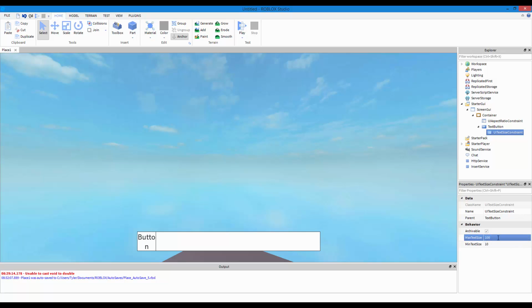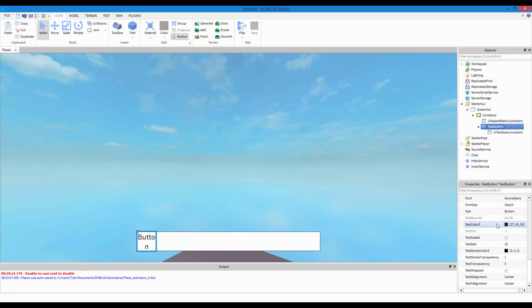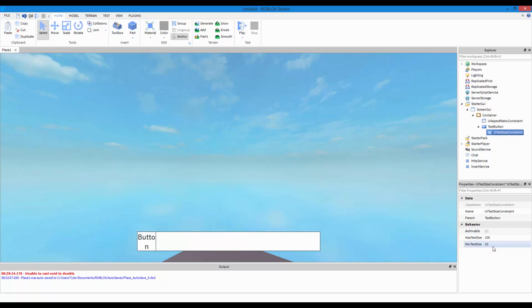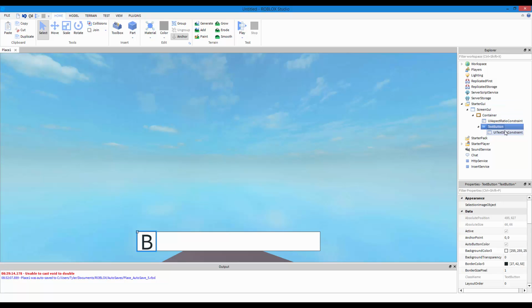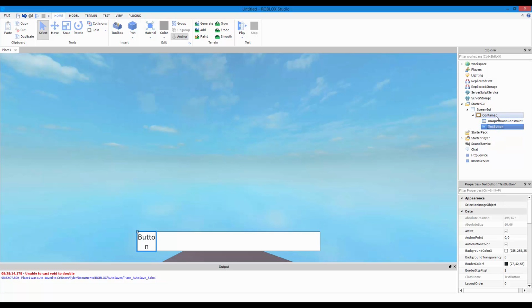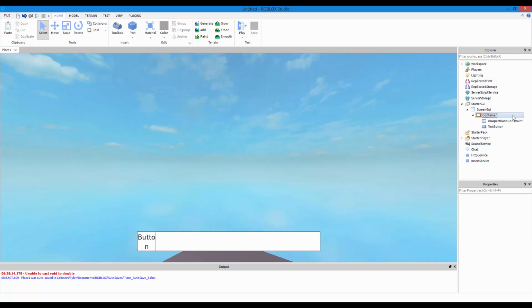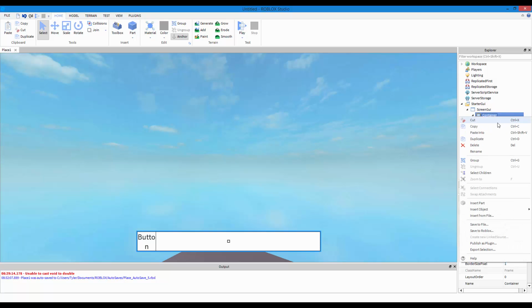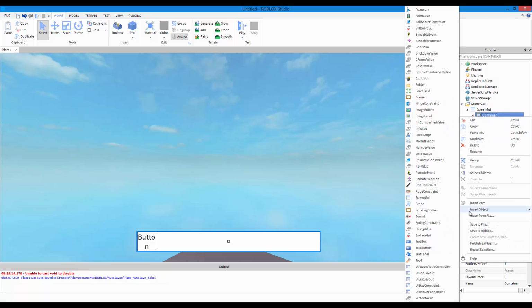I don't see the purpose of using this really. I really don't. But maybe you guys will make it come in handy. But yeah, that's what that is. I don't really care for that constraint, but one day it'll probably come in handy. Yeah. So let's get on with it.